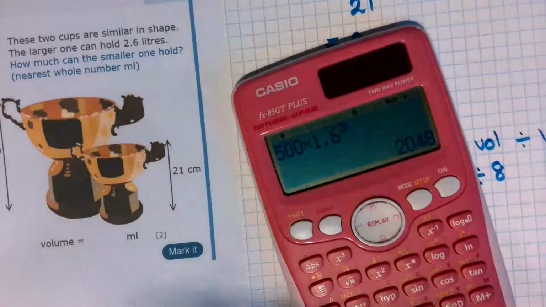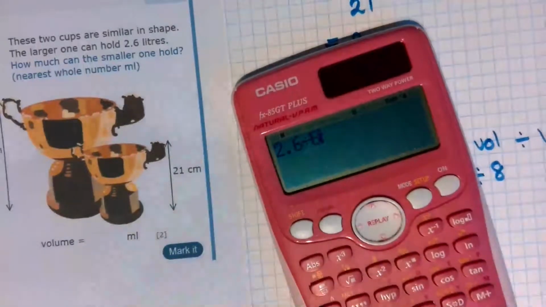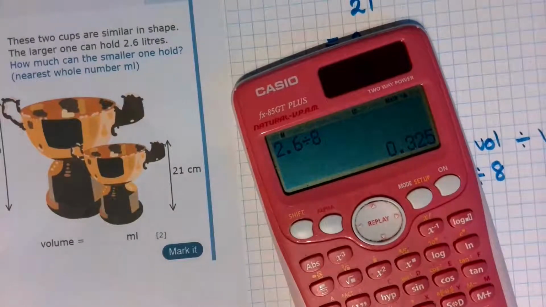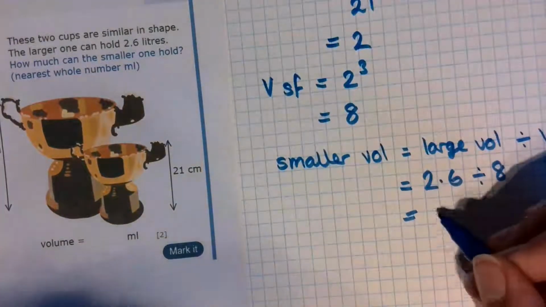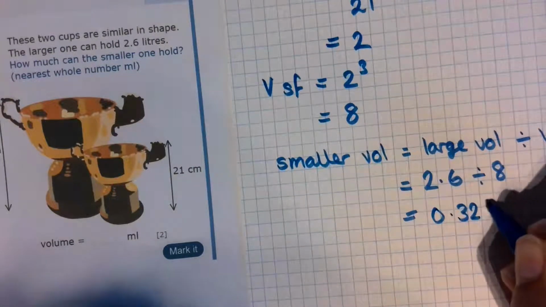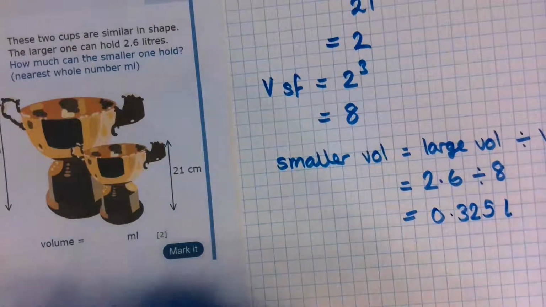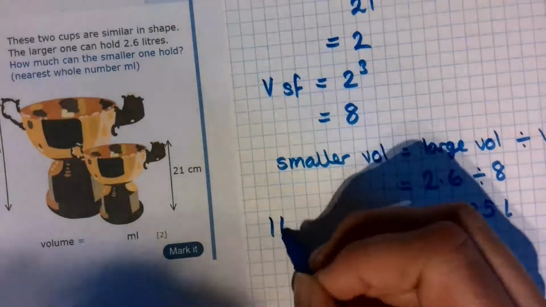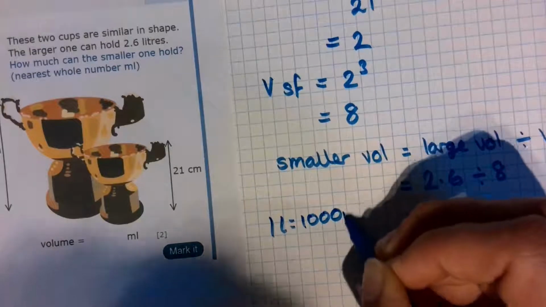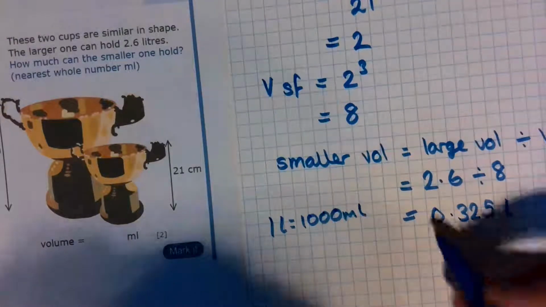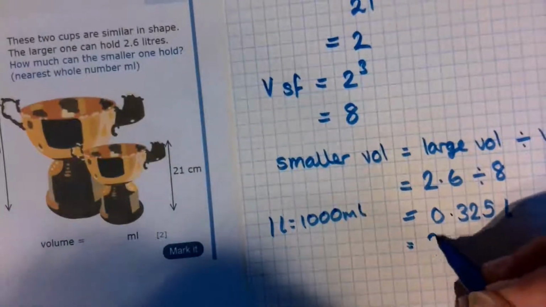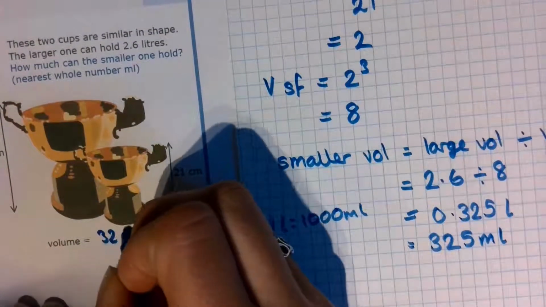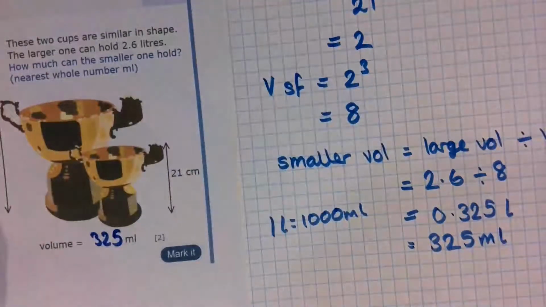Again, that's going on my calculator. Don't want a decimal, please. 0.325 litres. It wants it in millilitres, so remember, 1 litre is 1,000 millilitres. So 0.325 times a thousand is 325 millilitres. Okay, sorted. Now over the page,